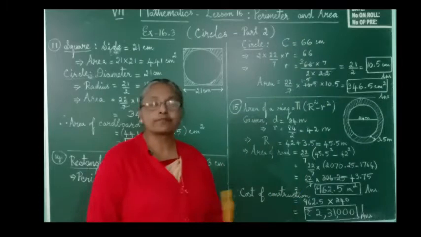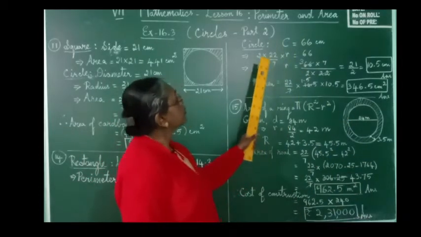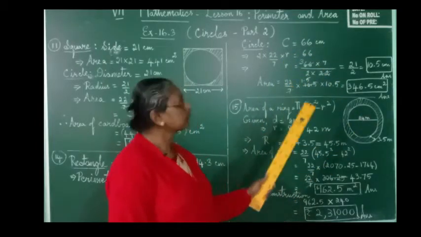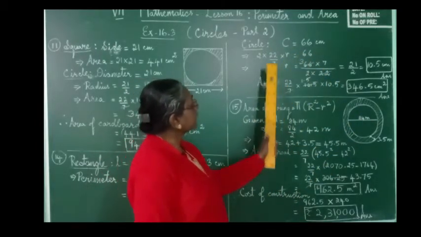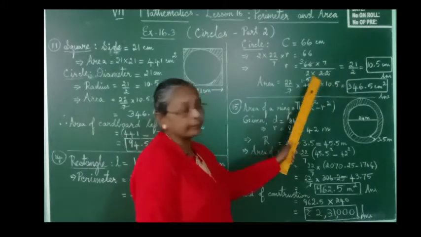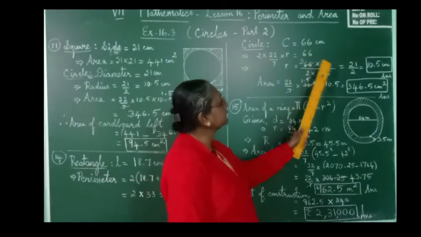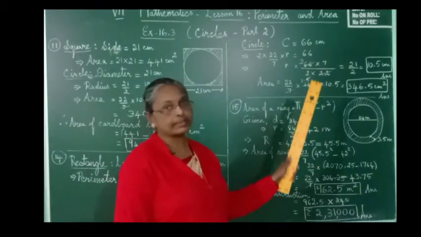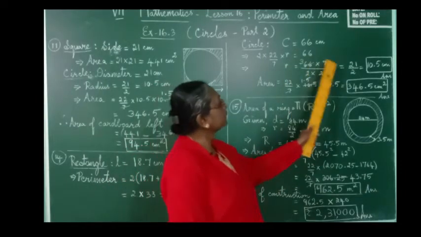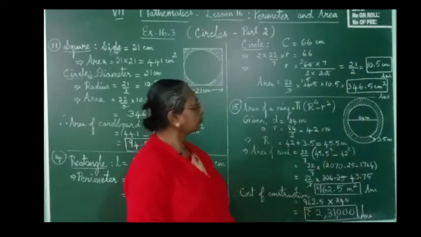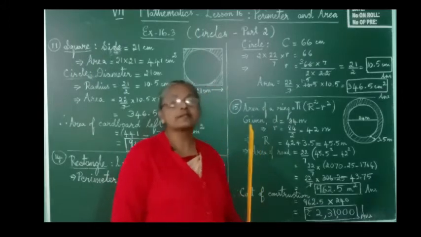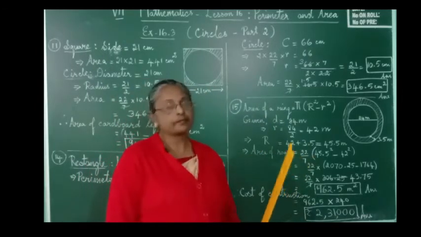So formula for circumference we know, 2 pi r. Therefore 2 into 22 by 7 into r is 66 radius. So radius will be equal to, taking 7 to the other side, it will become multiplied, and 2 and 22 to the other side, it will become divided. So 66 into 7 by 2 into 22. We can cut 22, it goes 3 times here, 66, and 3 into 7, 21 by 2. So we have 10.5 centimeters to be the radius of the circle. That is the first answer we have found.